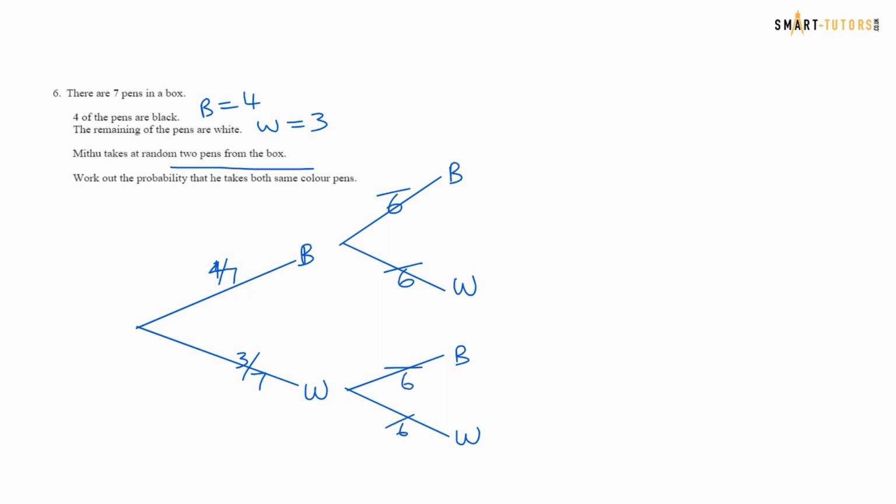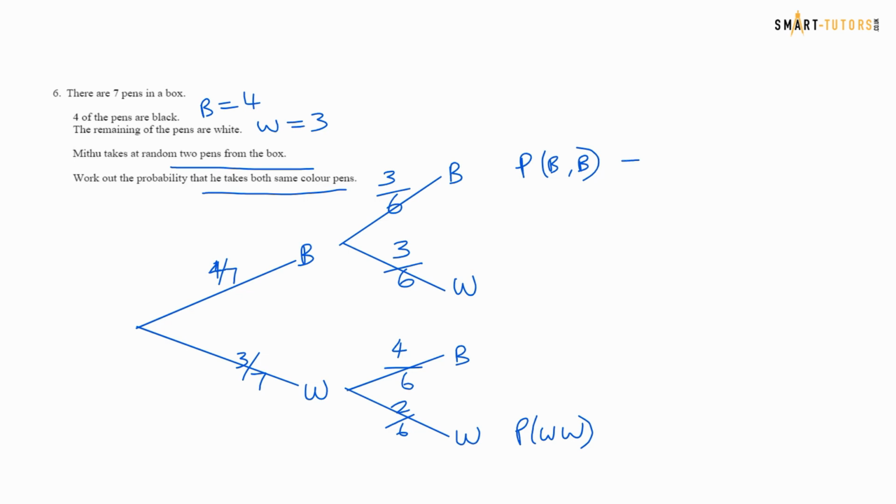The top number before this black pen, before one of the black is taken. So 4 take away 1 is 3. For the white, before white is not taken, so the total white is 3, will be same as it is. Before the black, white is taken, so black will stay as it is 4. And white, before white, white is taken, so 1 white reduction from 3, 3 take away 1 is 2. That is the answer. So the probability of taking both same color, so probability of black, black, probability of white,